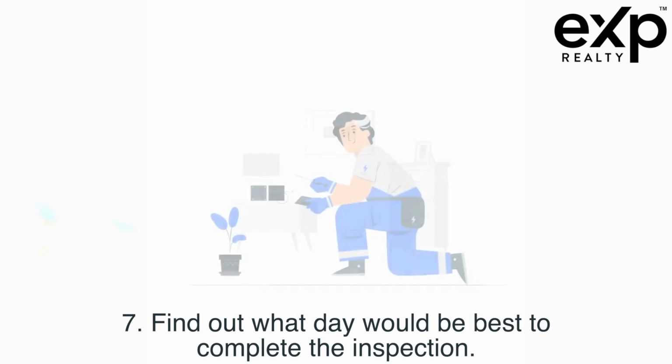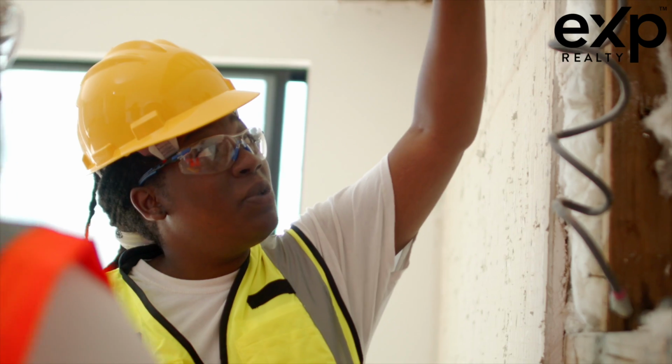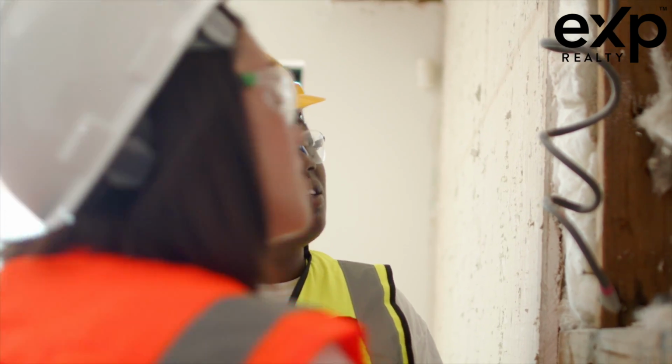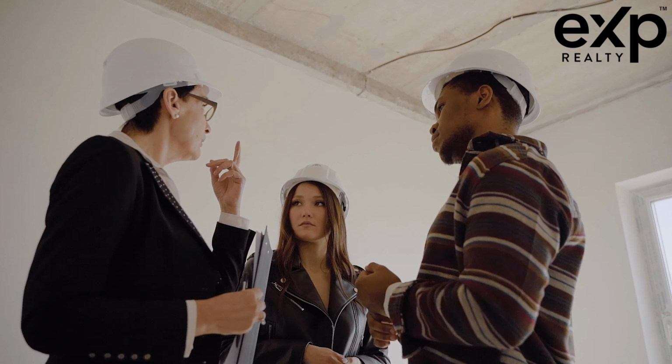Another part of the contracts is inspections and due diligence. So when they want to write that contract, a question that will make your life a whole lot easier is finding out what day, if it's towards the end of the week, what day next week would be best for inspection. If it's at the beginning of the week, say what day this week or next week would be best for inspections. And you find that out. Have them check their calendars. Have them look at their schedules. If they've got a work conference